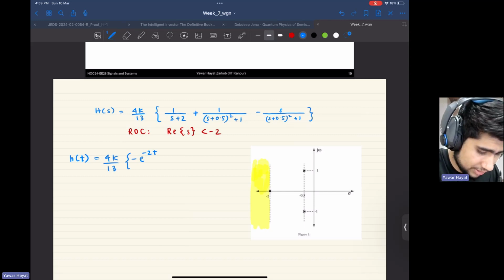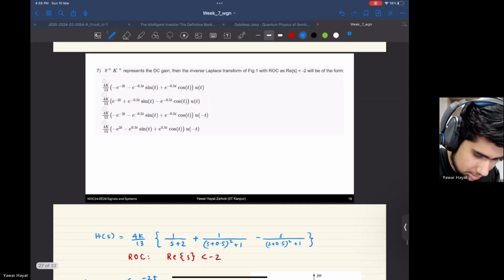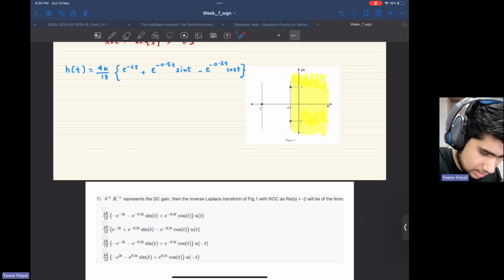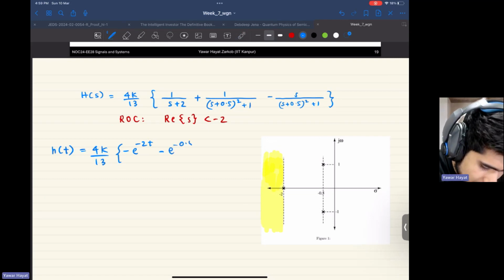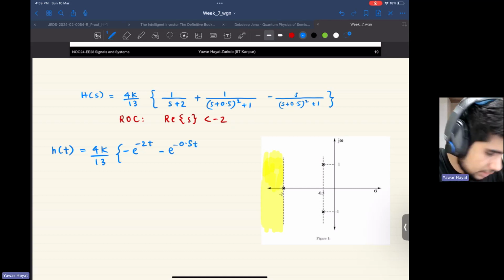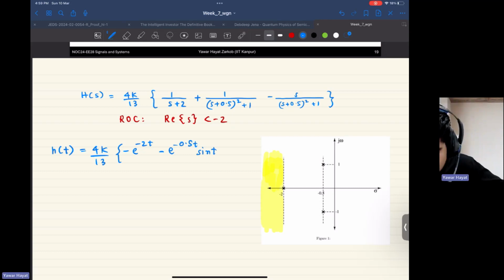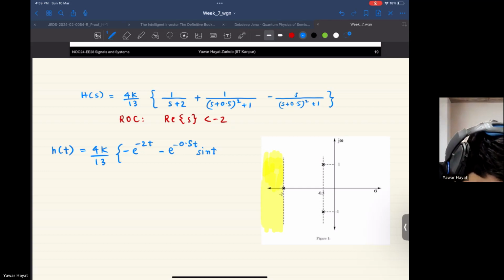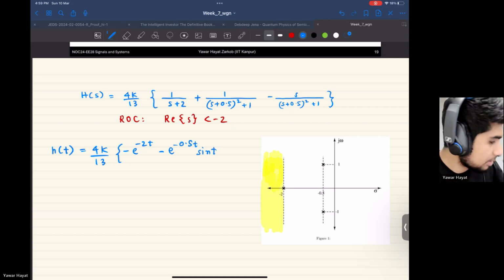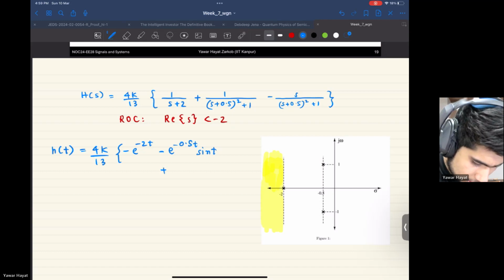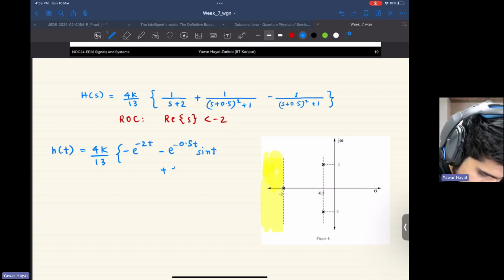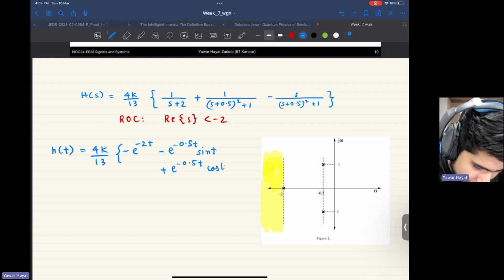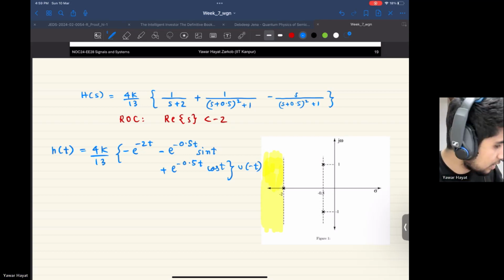The next one is 1 by s plus 0.5 squared plus 1. This would be minus, of this we had used a plus. Exponential of minus 0.5t sine of t. Okay. And there is already a minus sign here, right? That's why minus would be plus, so it would be exponential of minus 0.5t cos of t, and then there is u of minus t. Okay,